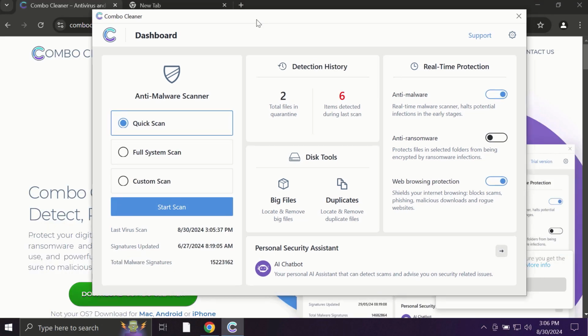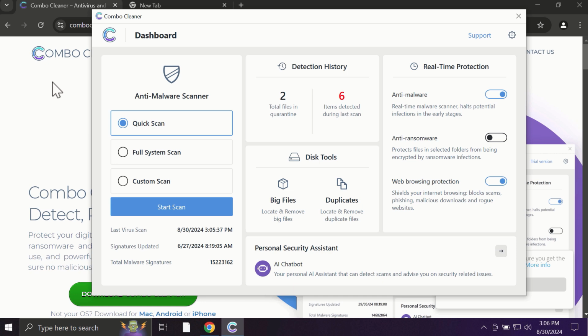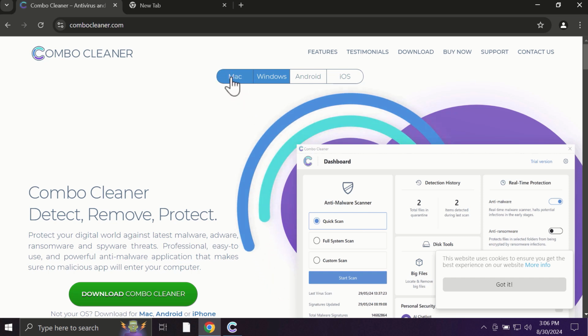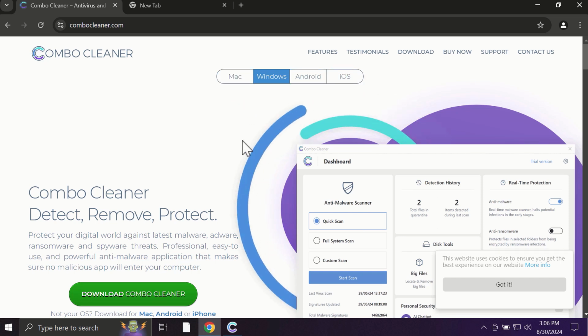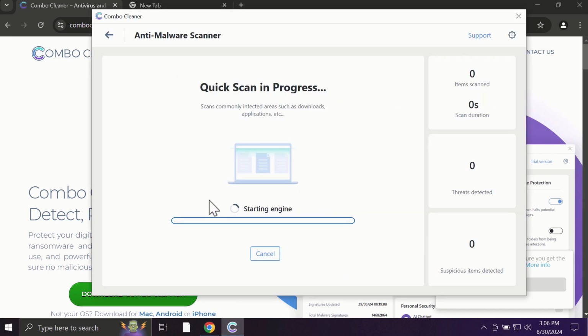After you start Combo Cleaner, the application will most likely first of all update its anti-malware database, which is truly essential for proper detection and removal of all possible threats that could be on your computer. Pay attention to the fact that Combo Cleaner is available for all popular operating systems: Mac, Windows, Android, and iOS. So after you click on the start scan button, the antivirus database will be updated first of all, and then